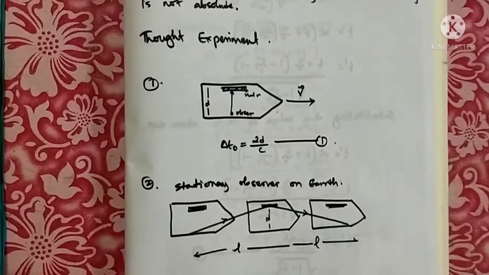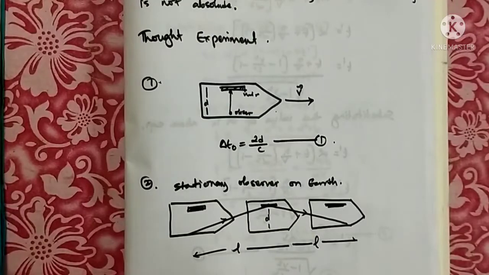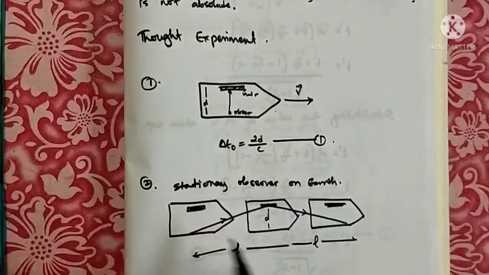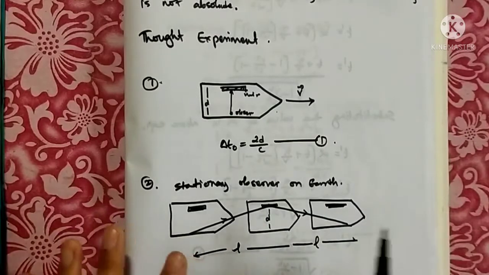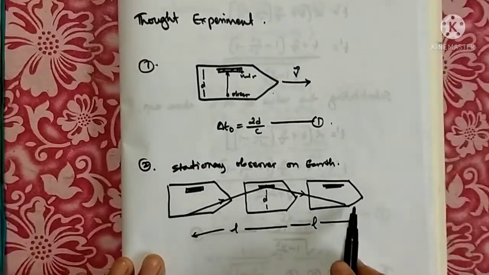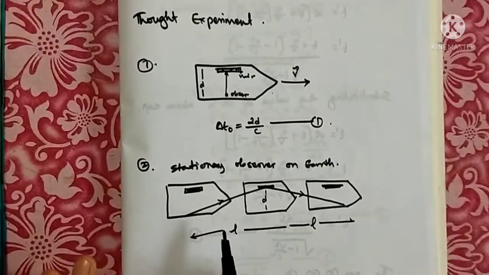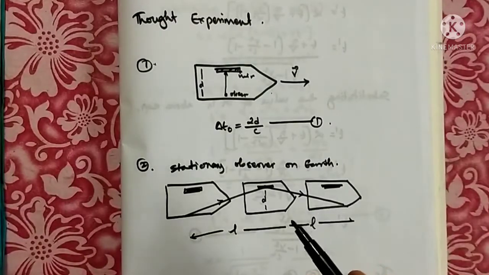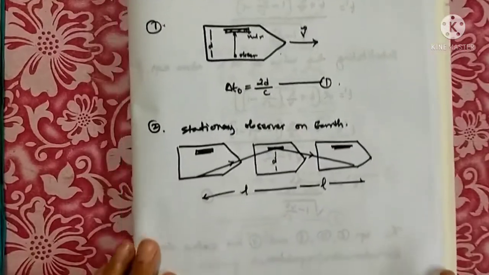Now we see that relative to the stationary observer on Earth, an observer which is not moving, the spaceship is moving. Hence, the light travels the diagonal distance as shown in the figure. Since light travels with identical speed in both cases but travels a longer distance in case 2, the time between event 1, which is light leaving, and event 2, which is light returning, is longer for the stationary observer on Earth. Now here a question arises again: